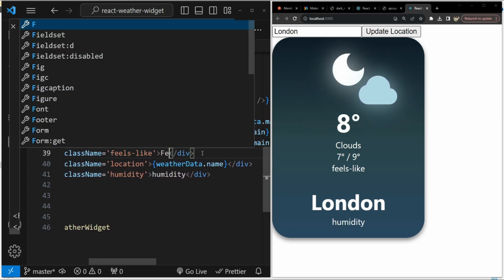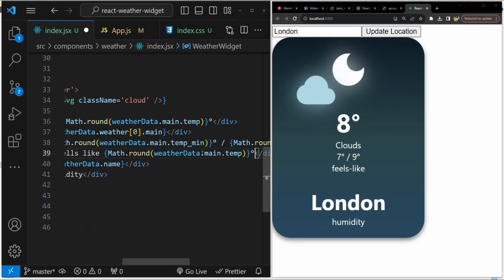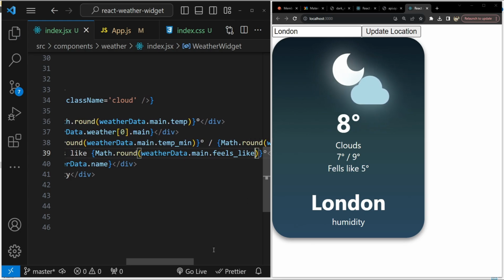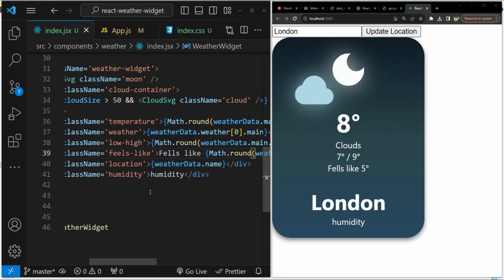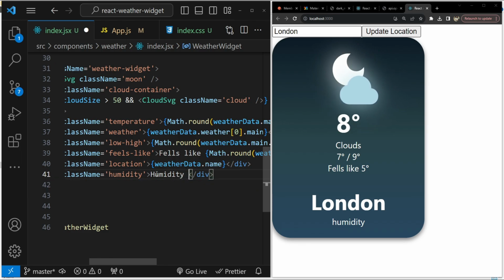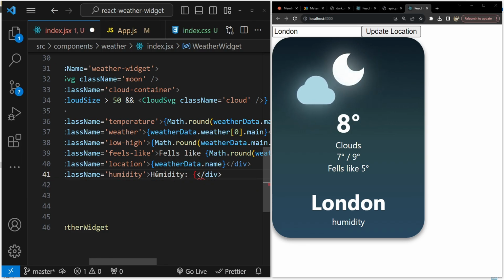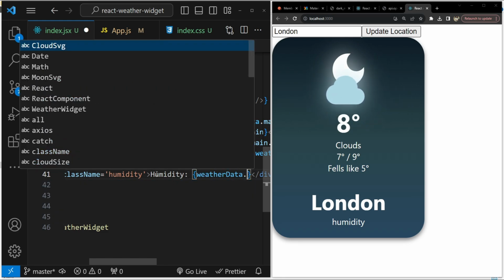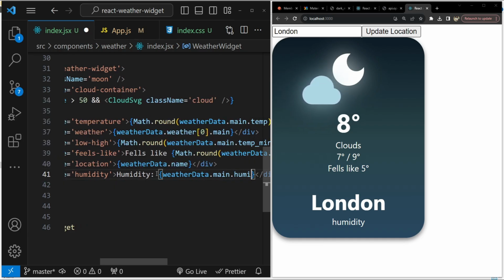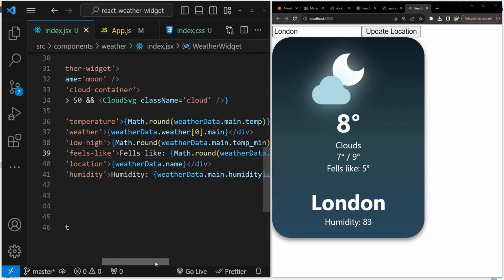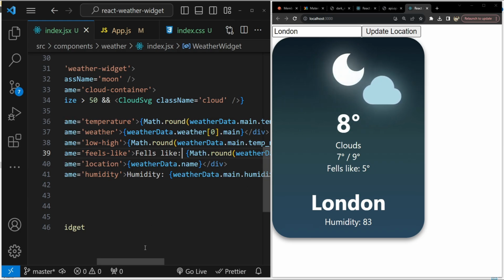Okay, and now feels like. So for feels like, let's add the feels like text as well. So feels like, and then it's going to be the feels_like property. So feels like 5 degrees. Now for humidity, weatherData.main.humidity. Okay, let's add a colon over here as well for feels like. And yeah, that's pretty much everything we need to do for our weather widget,